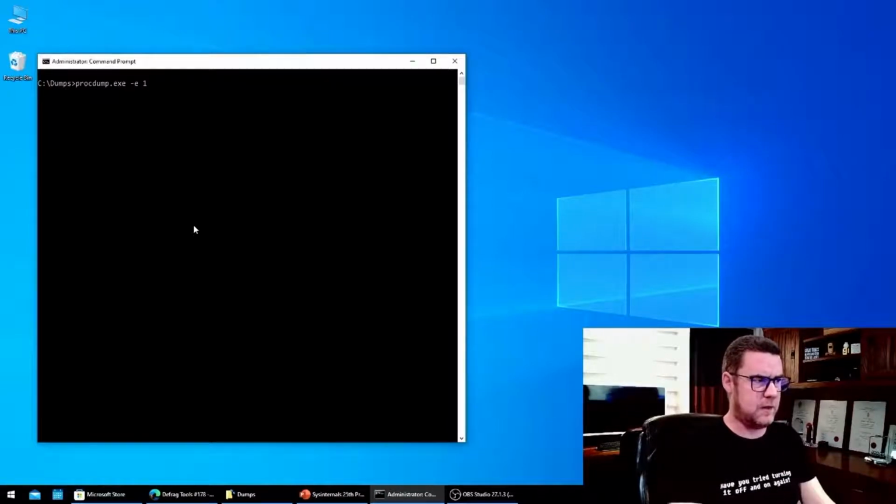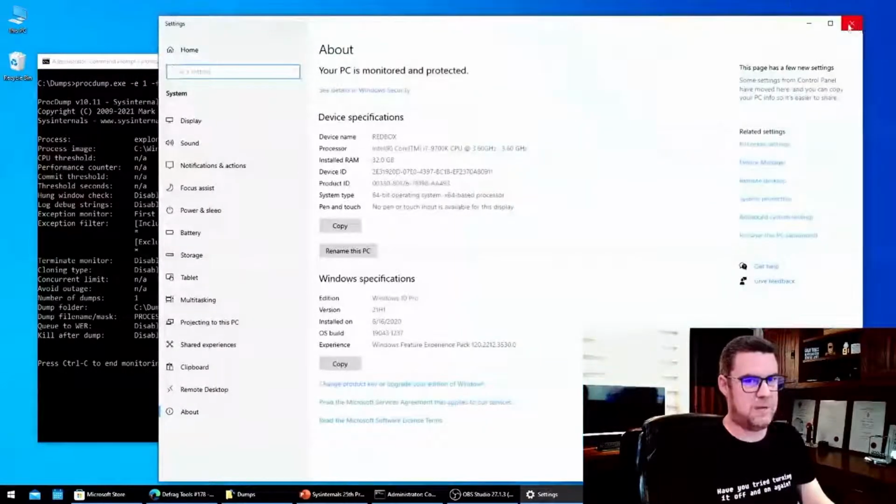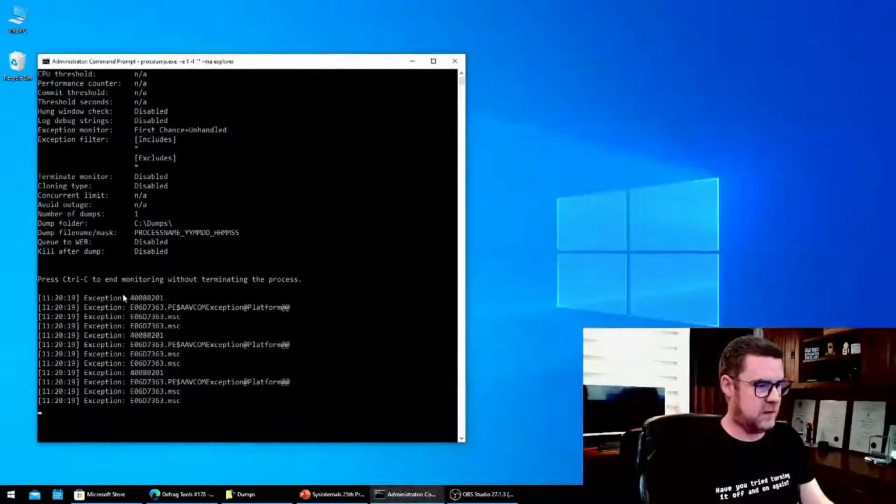So I'm going to look at Explorer, and I'm going to filter for nothing. So I could filter for something that doesn't match or a blank string. You can't match a blank with a non-blank, so that's also guaranteed. And we're just going to look at Explorer. And so I'm going to use Windows pause to bring up the About screen, and then I'm going to close it. And you can see there's a slew of events on the screen.